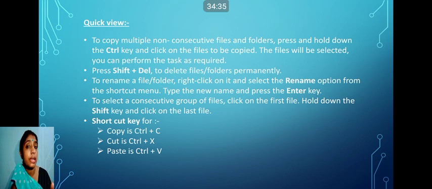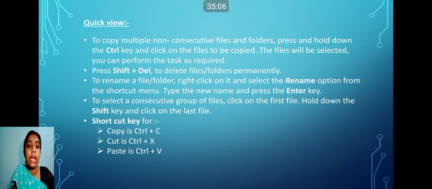Because if you delete any file using shift plus delete, it will be deleted permanently from your computer. Generally when you delete any file from your computer, it goes to the recycle bin. But if you use shift plus delete, it will not go to the recycle bin, it will be permanently deleted from your computer. So please, if you are using this option, be sure that you don't require this file again.